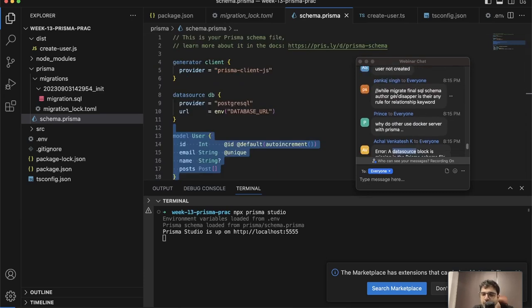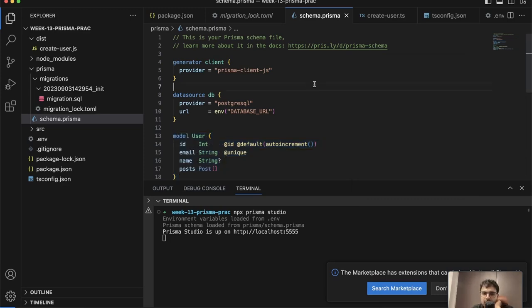Some Docker question which I did not understand. While migrating, the final SQL schema, the author disappeared. Is there any rule for the relationship keyword? So yeah, one thing that also might be something people are not getting right now is